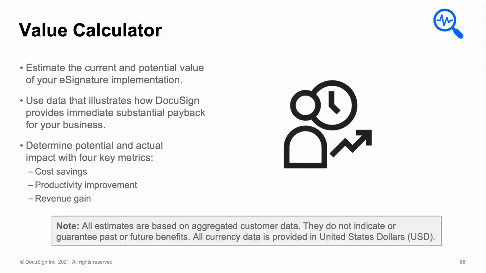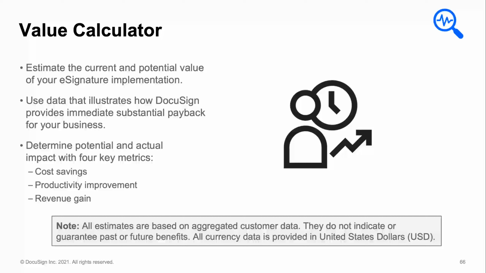We'll take a look at the value calculator as well. The value calculator is a helpful tool that you can use in DocuSign Admin that basically allows you to calculate current and potential value for your DocuSign investment. So what happens is you can set up certain parameters, for example, your industry, what type of use case you're looking to use, how aggressive your approach will be, and DocuSign will automatically calculate things like cost savings, productivity improvement,